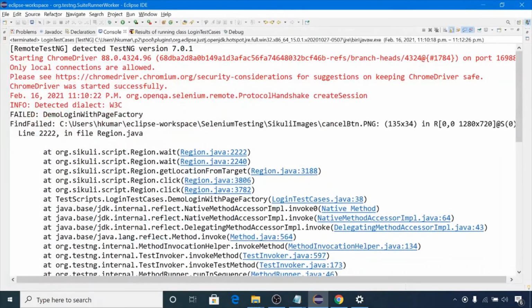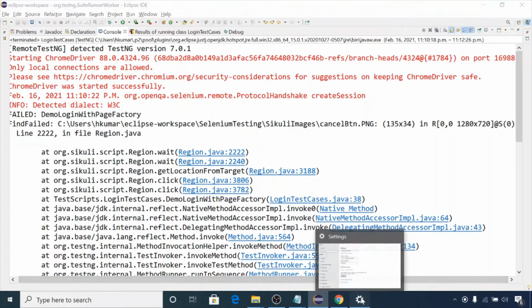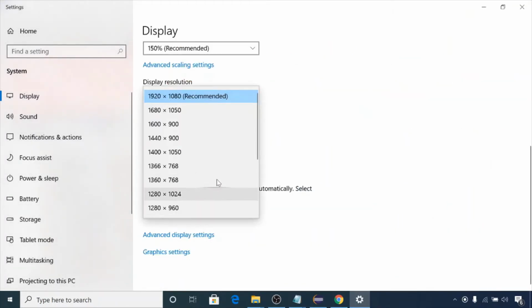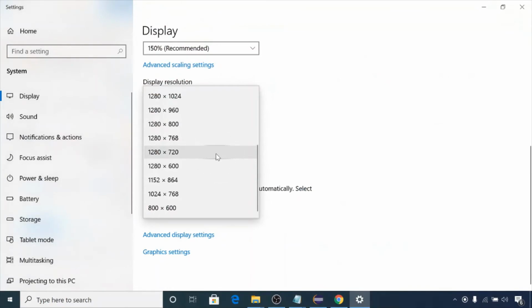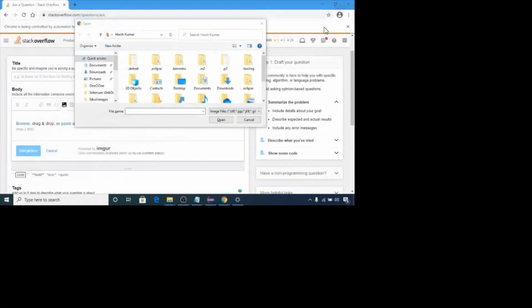It's saying that the resolution should be 1280 by 720. So I will change the resolution of my screen to 1280 and 720. Click on keep changes. So the resolution of my screen is changed.